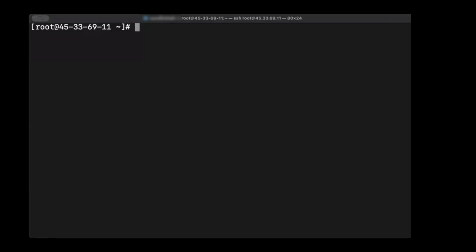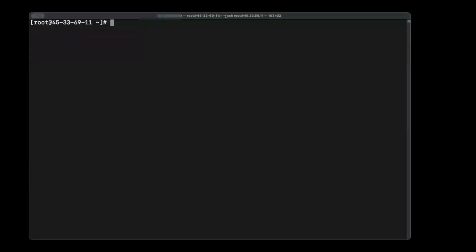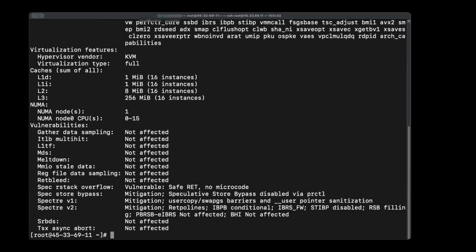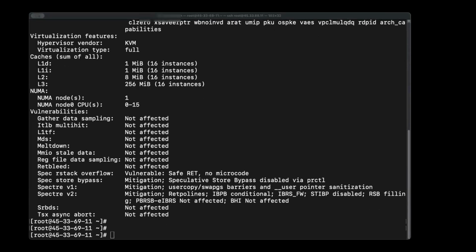Okay, so you should be able to see at this point my terminal window. I've already connected into the Linux host. Let's just confirm some of the basic things that we're looking for, the memory. We have enough, and we do. Let's just bring up my docs. So we have plenty of CPU capability here as well. And then we're just going to check the OS. And these steps that I'm going through